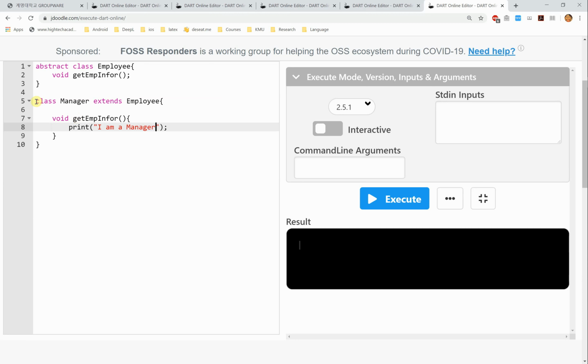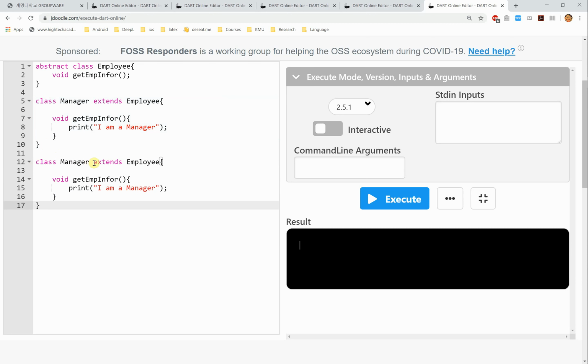And then I can easily copy paste this, and say Engineer, and then "I am an engineer." Then I can write my main function,